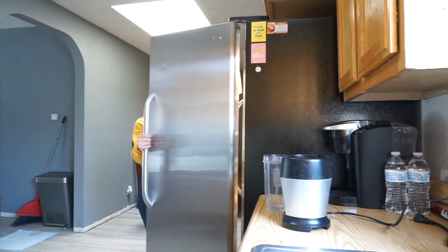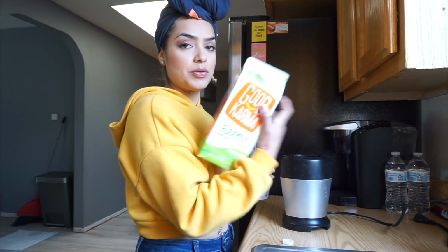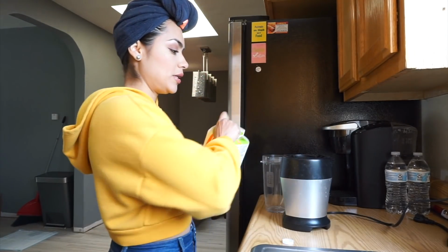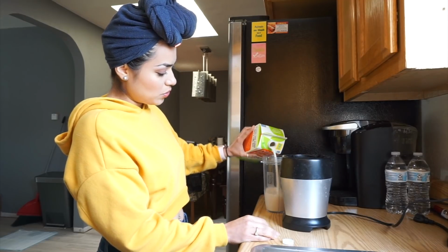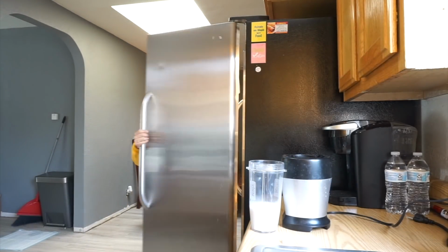Hello my loves, so here we are on day 2. I will be making my Herbalife shake a little bit different this time. I will be using some flax milk because as we all know, I was a little low energy this morning, so I want to add a little bit more calories to my shake. So I will be using about 8 ounces. That might be a little bit more, but whatever. I need